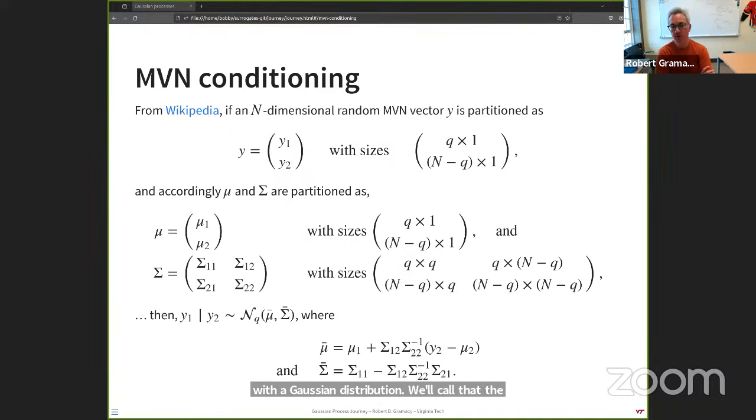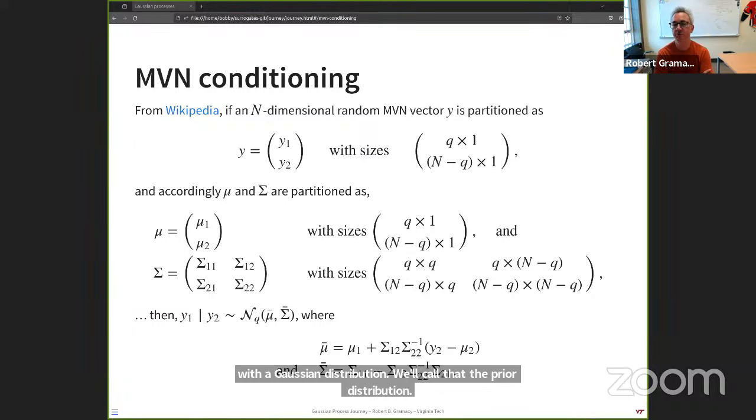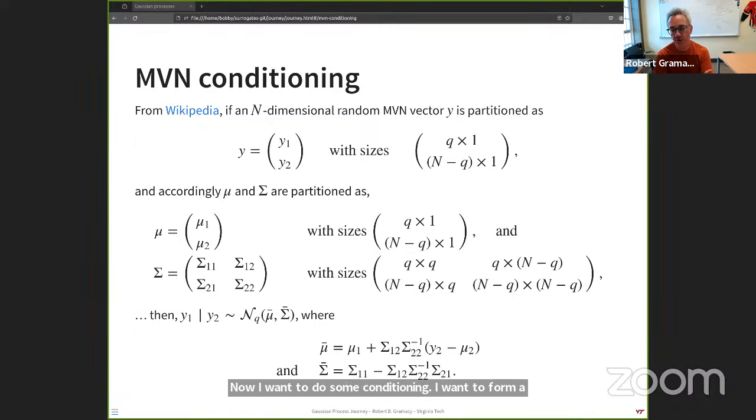Now I want to do some conditioning. I want to form a posterior distribution. So in order to build that up, I need to tell you about a fact of conditional distributions of Gaussians. And you probably know this fact already. In fact, I cribbed this fact from Wikipedia. So if you were to click on that blue Wikipedia link, it would take you to these identical equations with one difference. On Wikipedia, the random variable is notated as x, but here I've notated it as y,